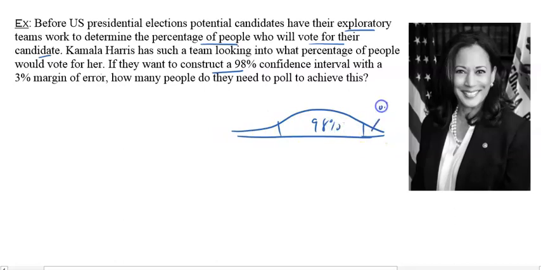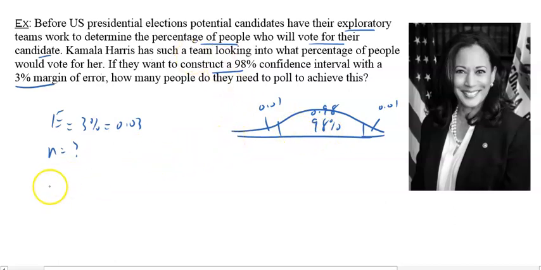98%, that leaves us with 1% each, right? With a 3% margin of error, they want the error to be 3 percentage points, which is 0.03. How many people should they ask? Okay, well, let's see. Now, since Kamala Harris never ran for president before, they don't know what p is, and they don't know what q is. They're trying to figure out how many people should they ask so that they're 98% confident that the answer is true. Well, if I glance at my formulas, I'll notice that I don't have p, I don't have q for